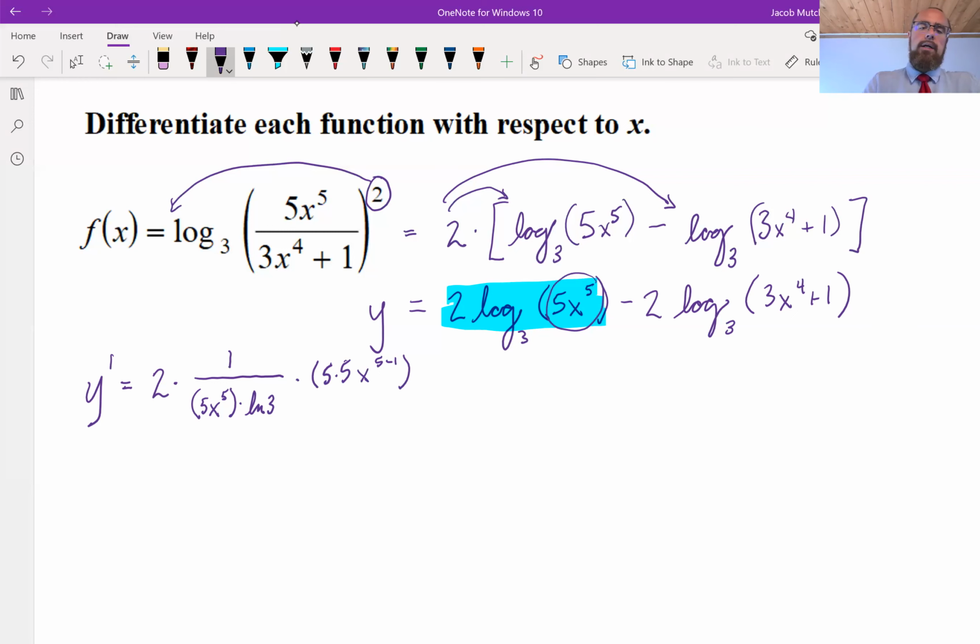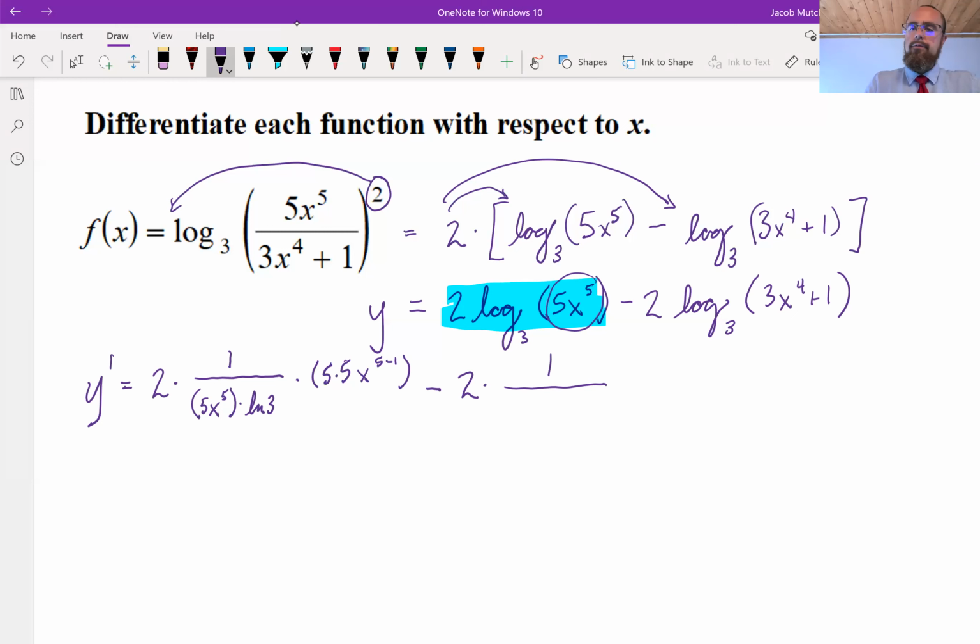So I do need to apply the difference rule for differentiation. I'm just going to write minus. Remember, that just says we take the derivative of each term in the difference separately. So that's going to be 2 again, the old multiplier just sitting out front. And then again, applying my logarithm differentiation rule that we wrote. It's 1 over